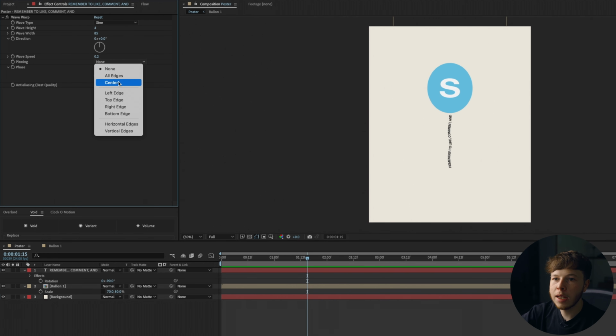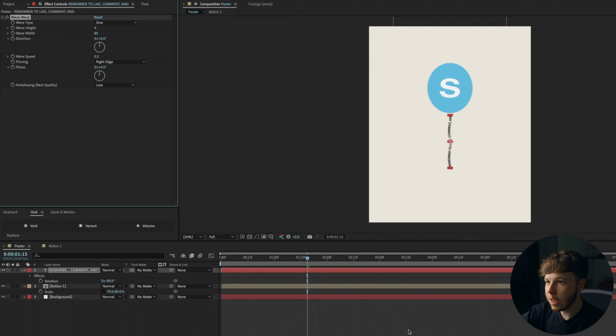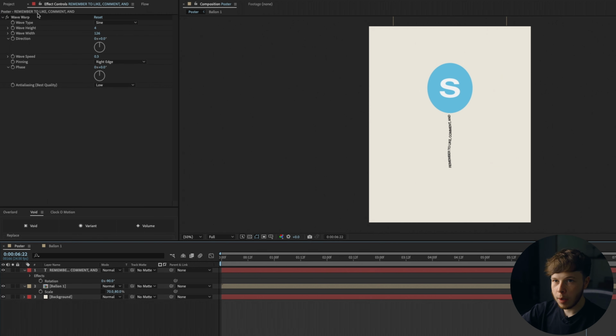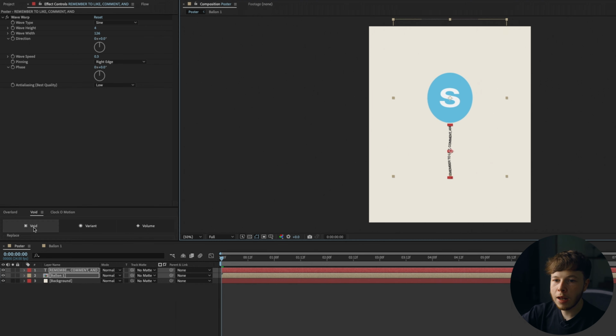I like setting the pinning to the right edge, and you can change the speed if you want to go faster. And you can also change the width if you want it to be a bit more of a longer looking trail. But I'll set the speed to 0.3, the wave width to 126, and the wave height to 4 in this case. Next thing that we're going to do is collapse these two, and I'm going to create a